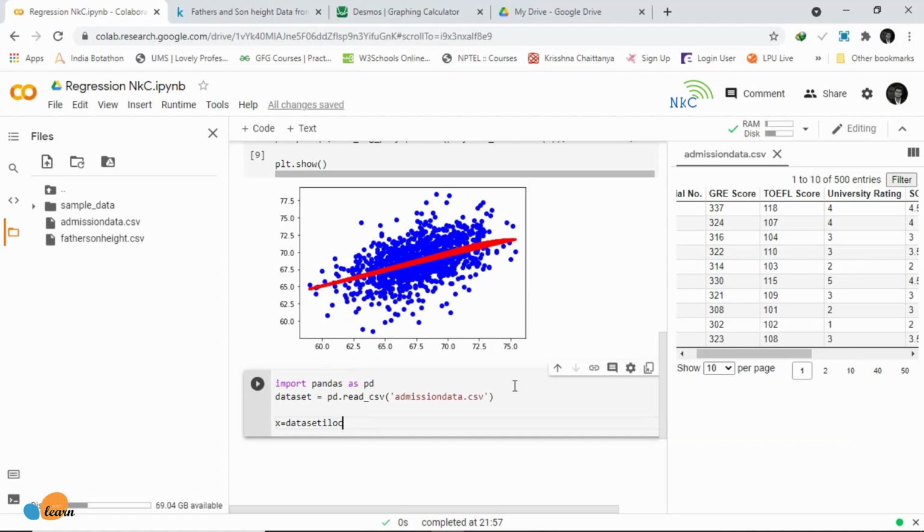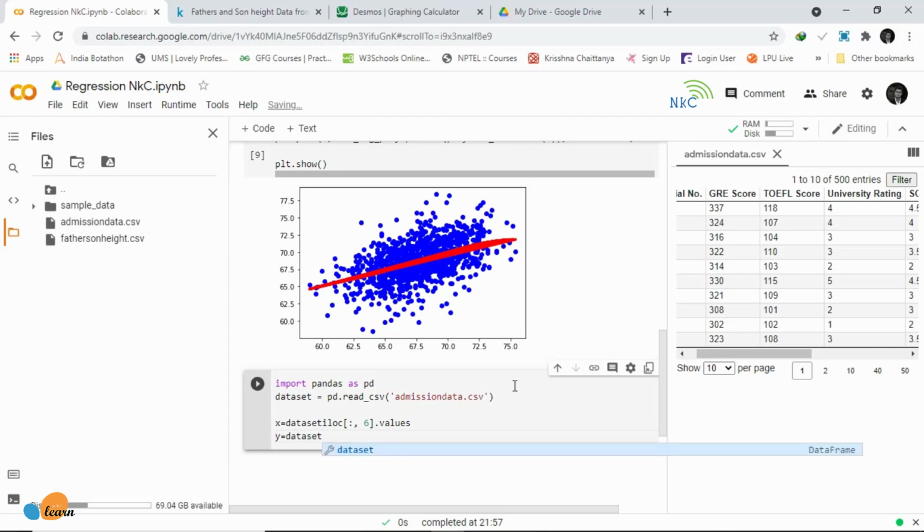Now we set the x and y, and in order to do that we are gonna do a little bit of a different approach to the variables. We could say x is going to be equal to dataset.iloc, and then we are gonna have colon, comma, colon.